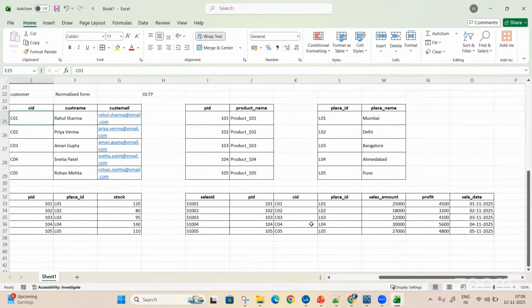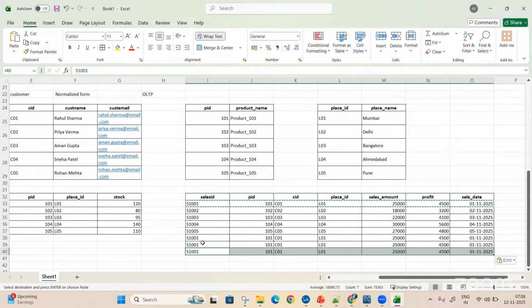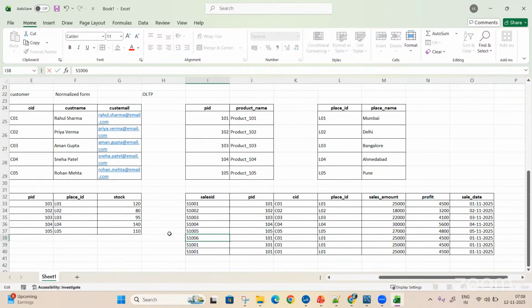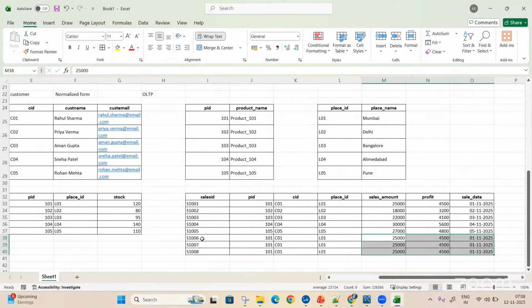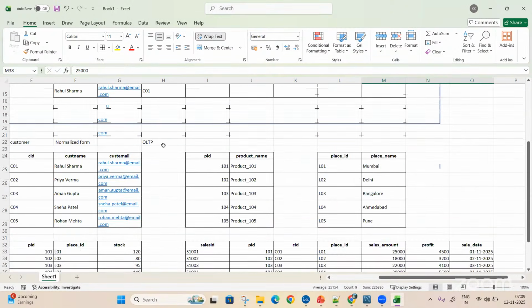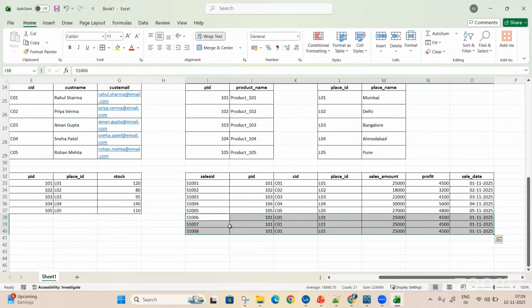If this particular Rahul Sharma has now bought one more, tomorrow he'll come and buy two more records, data IDs. Okay, I'll keep on changing. I'll give ID 6, 7, 8. I'll give an ID for each of the sales he has made. I gave one unique ID, and obviously I know whatever product he bought, that particular information will be in my product table. Let's say product C1 he has bought 3 times, and the customer ID is there here. I have all this information, from which place it is, I know what the amount is. Each and everything I'm doing, but still with respect to your denormalized form, I'm reducing certain storage here,